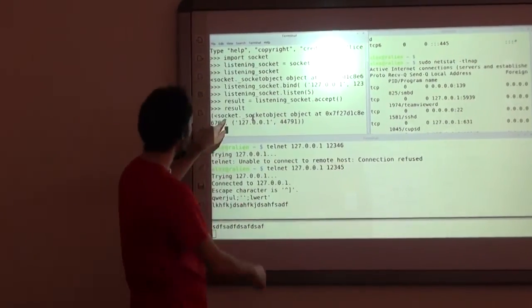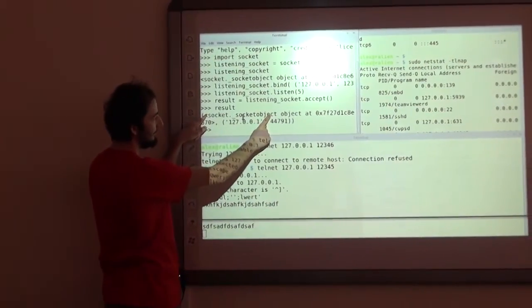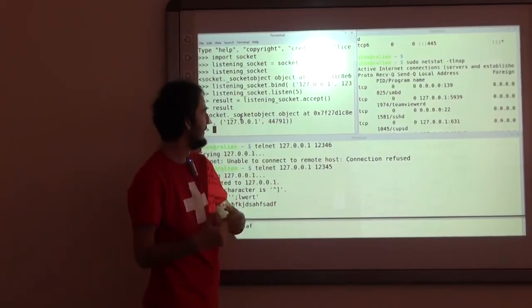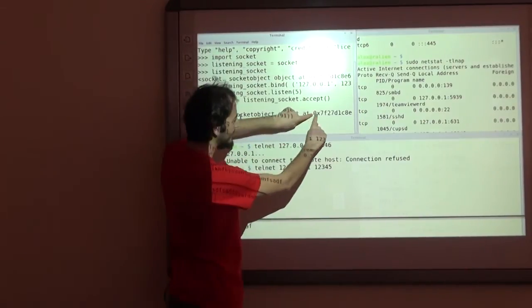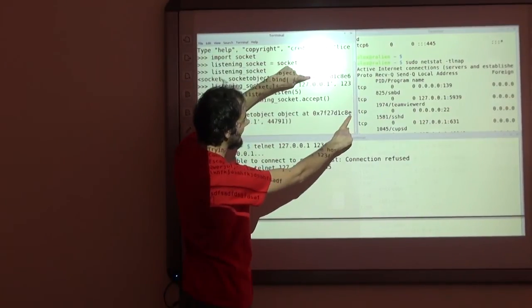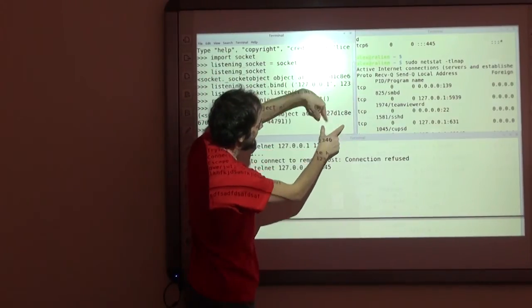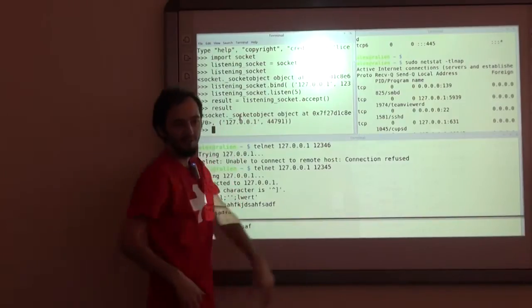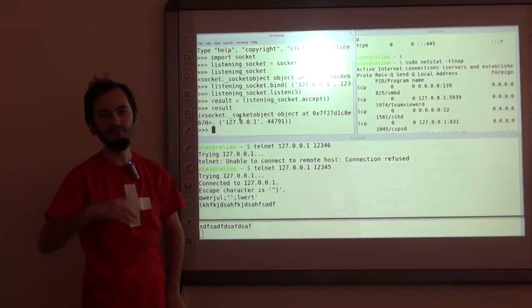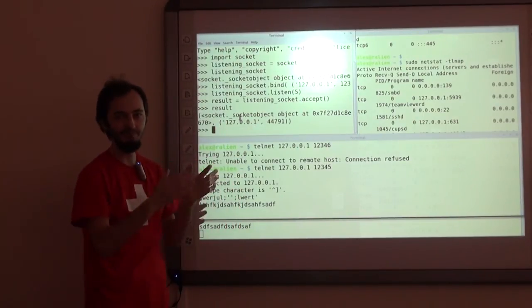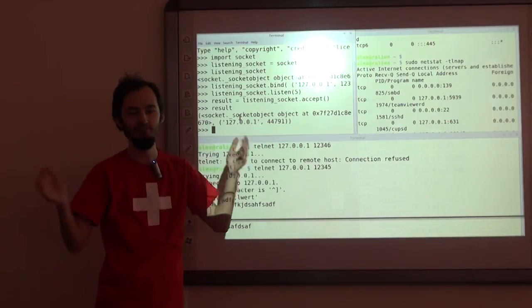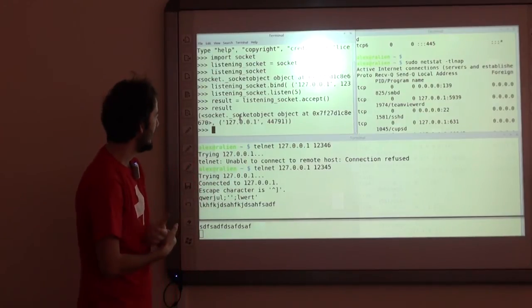So it's a new socket object. And how do I know it's new? Because this one is at this address, while the listening socket is at that address. And you can see that they are different. And when I say address, I don't mean IP address. I, of course, mean an address somewhere in memory, in RAM.